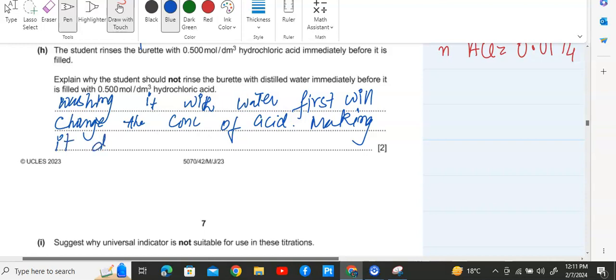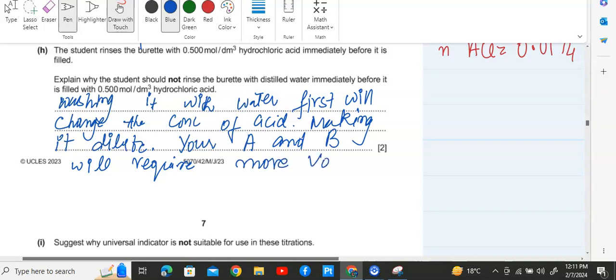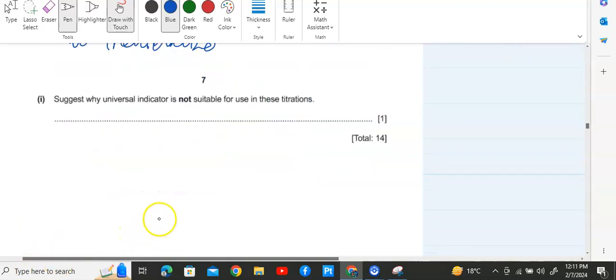Making it dilute, and a further effect: if your acid becomes diluted, your A and B samples require more volume to neutralize. I hope you understand this point. Now suggest why universal indicator